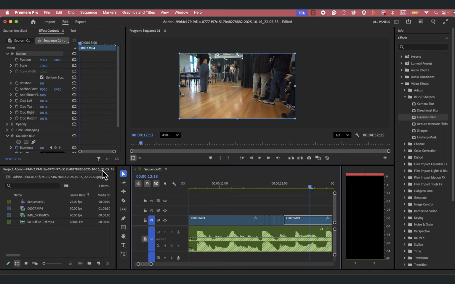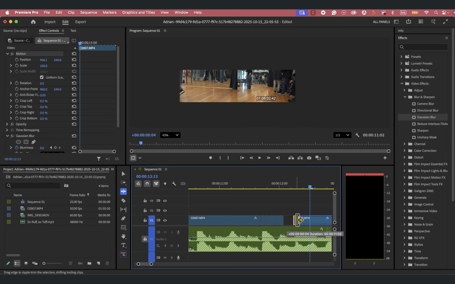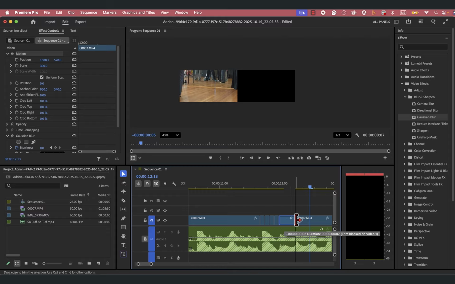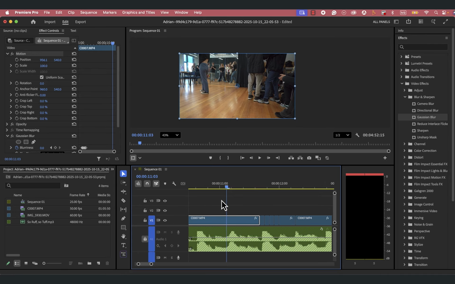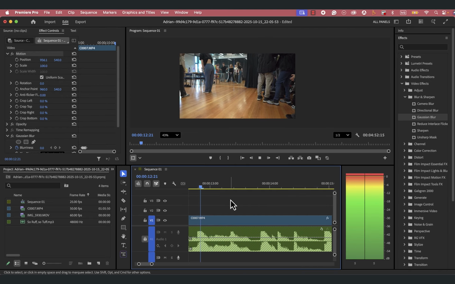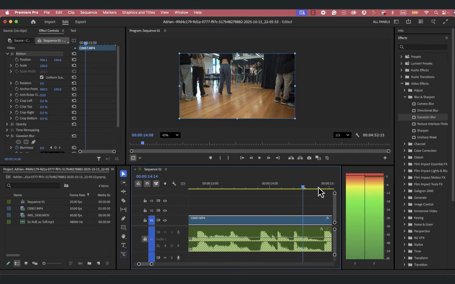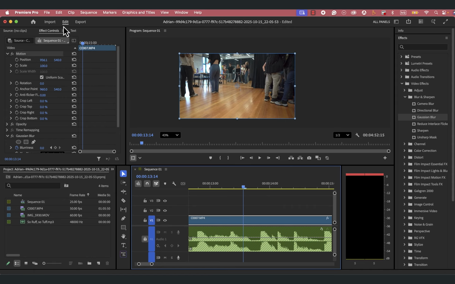So okay, if we want to get the ripple tool, we can modify where bits come in, so kind of change the dynamic, or we can just push that a bit, get the one before it, make it a bit longer. So we've got that boom boom, and then a little bit longer of a flicker. Okay, one more here is if I